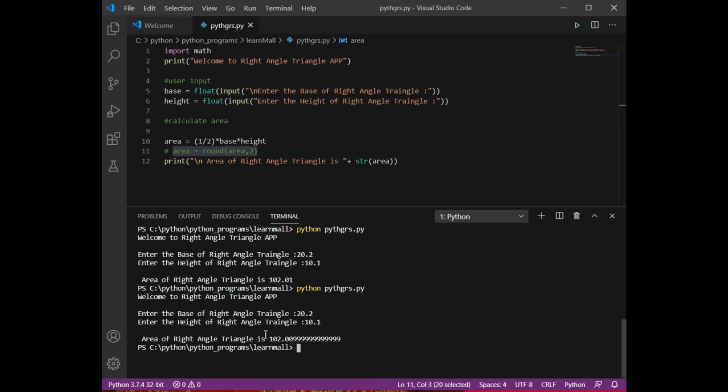So it is using the mathematical rule that if there is a number greater than 5, it is going to make that 0 a 1. That is why it is displaying the result as 102.01. Now it's up to you whether you want 3 digits after the decimal or 2 digits after the decimal, you can make it that way. So this is the very first task of this program, that I have calculated the area of a right angle